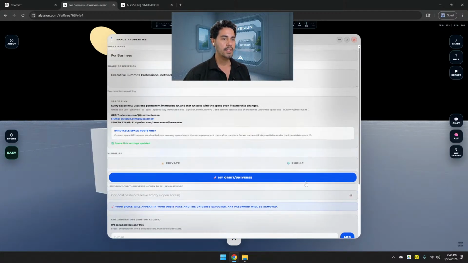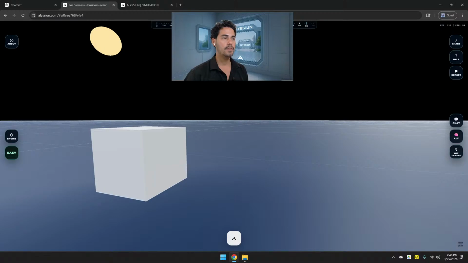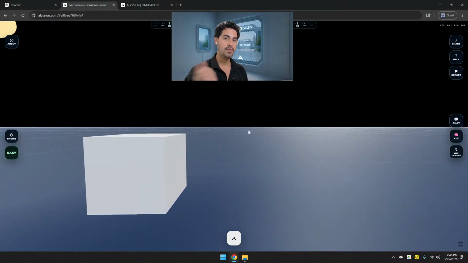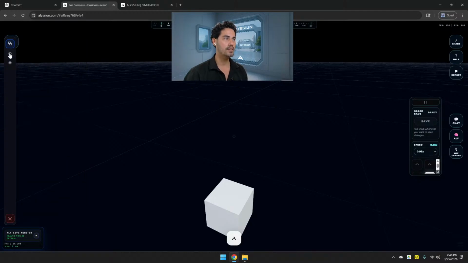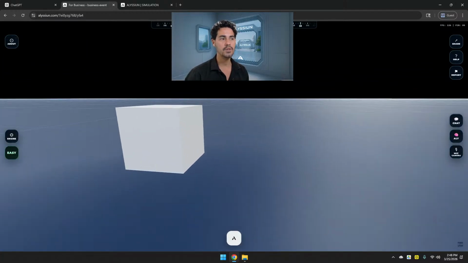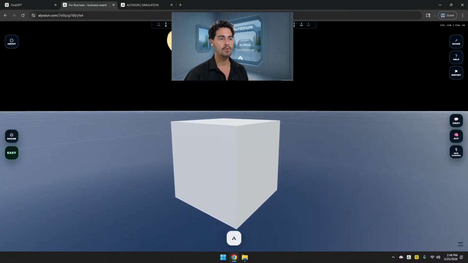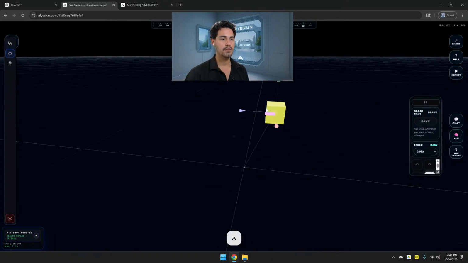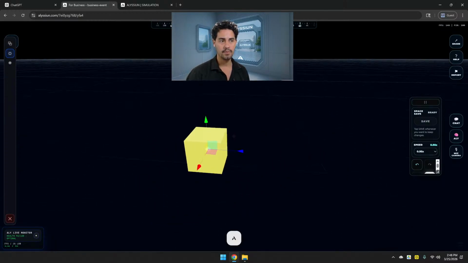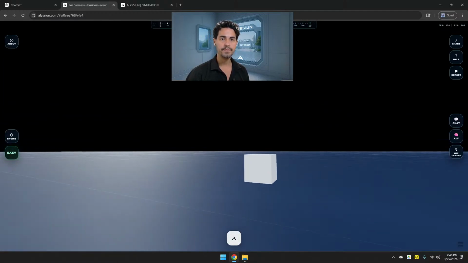And then here you can control things. You see, you can add a collaborator for every space. When you add someone as a collaborator, they're going to be able to open the engine, so they can work in the space with you. Otherwise, if they don't have permission, they can enter the space with the URL, but they cannot move the objects. They cannot move that cube, as you see here, right? I can do whatever I want because I am in control of my own space. So there it is.